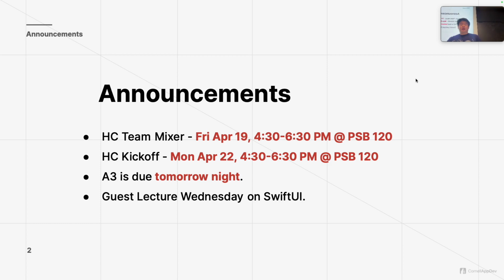Okay. Also, keep in mind, A3 is due tomorrow night, and this is going to be the final submission, so you will actually be submitting something. Like A2, you will be submitting a text file with your GitHub link, NetID, as well as names. And also, like I mentioned before, since this is going to be the last lecture on UIKit for iOS development, the next lecture on Wednesday and potentially next Monday will be in SwiftUI, which is another development framework that you can use for iOS development.